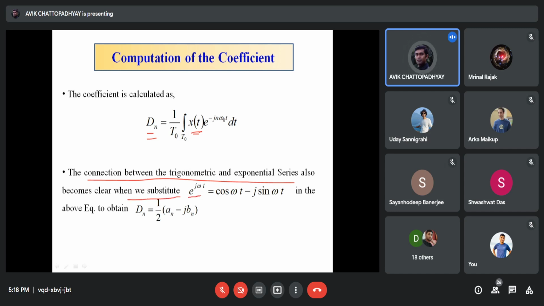If we substitute e to the power j omega t equals cos omega t minus j psi... এই ইকুয়েশনে যদি পুট করি e টু দি পাওয়ার j ওমেগা t এর ভ্যালুটা উপরের ইকুয়েশনে, তাহলে আমরা dn এর যে ভ্যালু পাবো, সে dn এর ভ্যালুটা পাবো হচ্ছে এইটা,